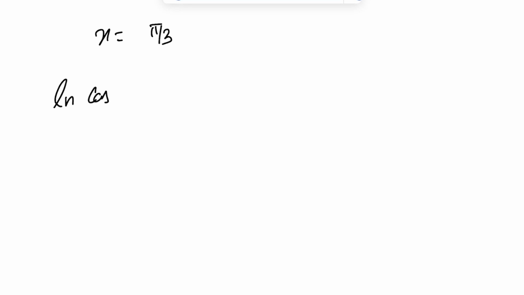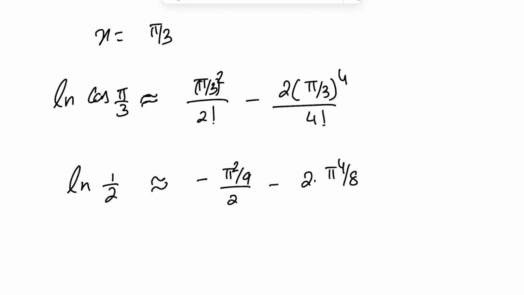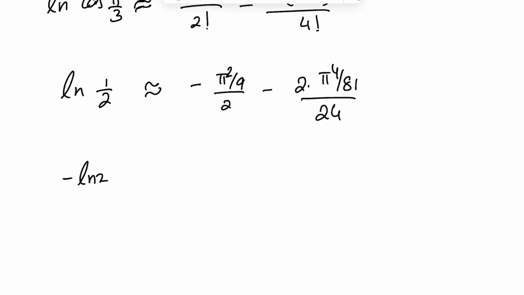So ln cos of pi upon 3 is approximately equal to (pi upon 3) whole square upon 2 factorial minus 2 times (pi upon 3) whole power 4 upon 4 factorial, which is ln 1 upon 2 approximately equal to this one, minus pi square upon 9 upon 2 minus 2 times pi power 4 upon 81 upon 4 factorial, which is 24. So this is minus ln 2 approximately equal to minus pi square upon 18 minus pi